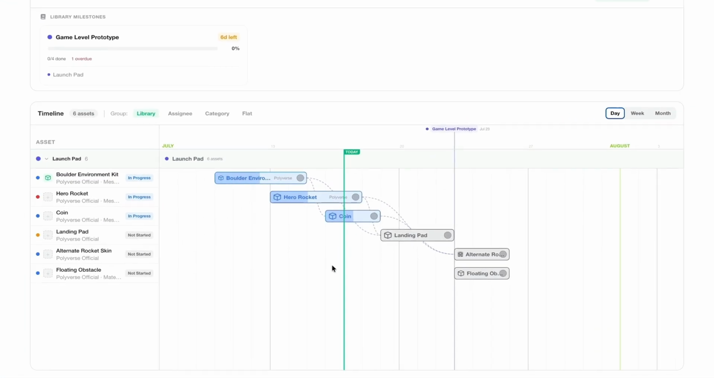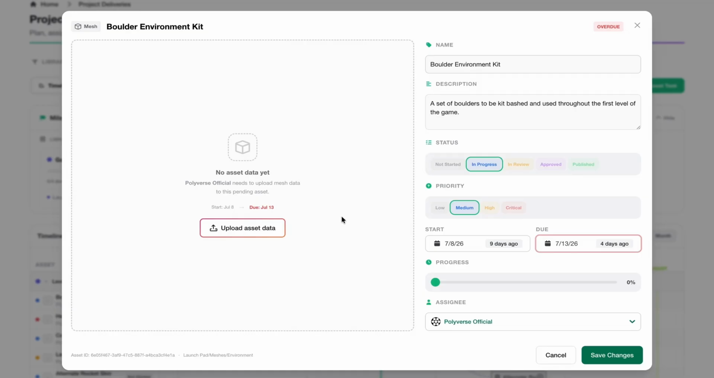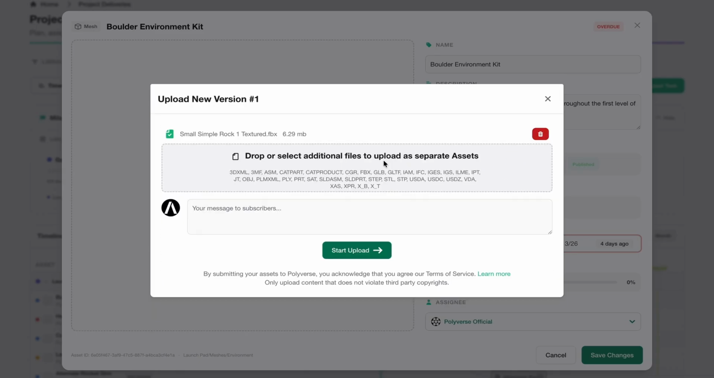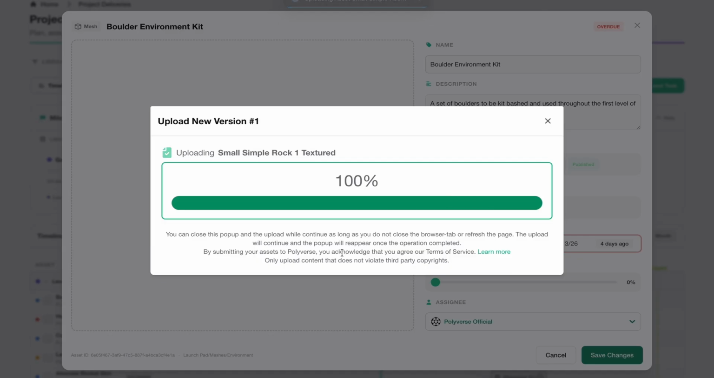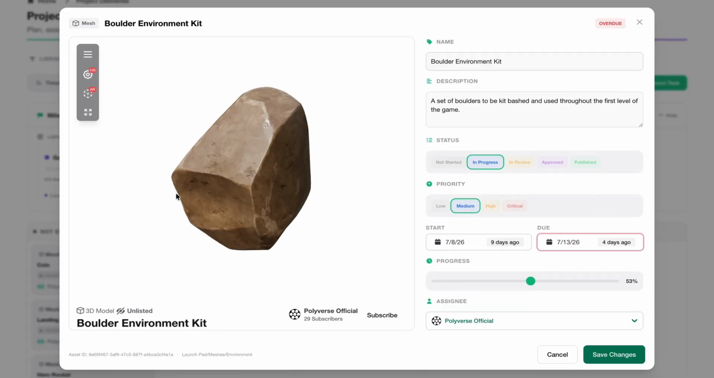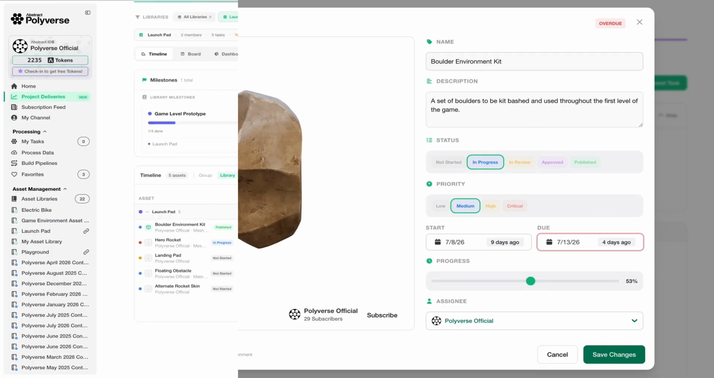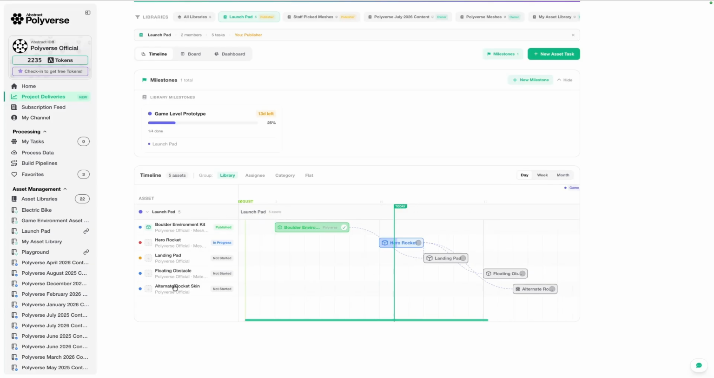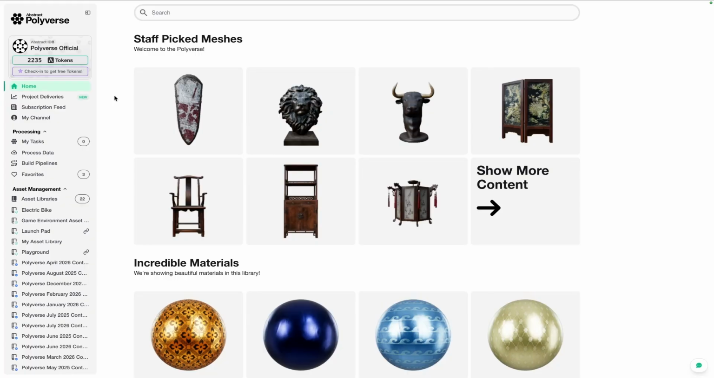Project Deliveries in Abstract Polyverse lets you organize your digital assets into deliverable tasks, making it easy to plan, iterate, and track your work from start to finish. In this video, we'll get familiar with the Project Deliveries UI. Let's dive in. All right, so here we are in the main Polyverse homepage, and so now we can locate